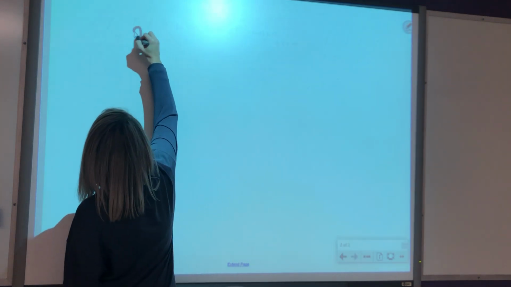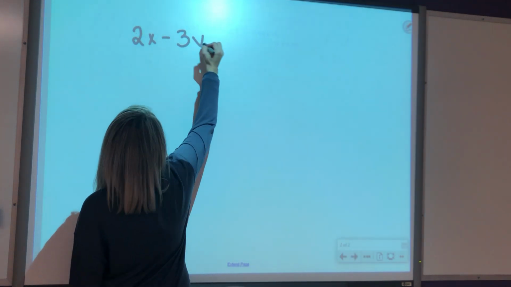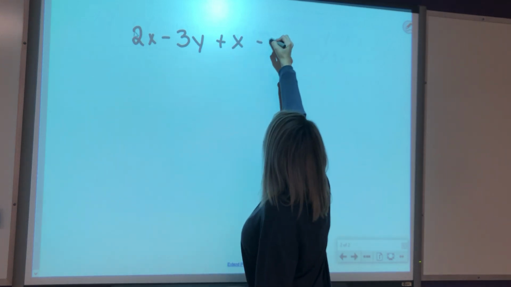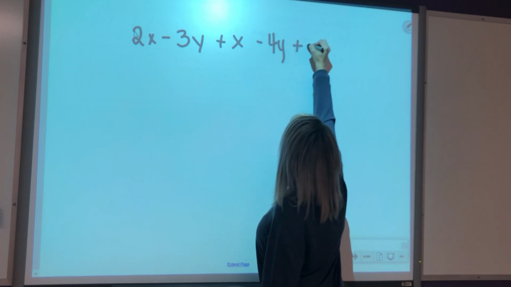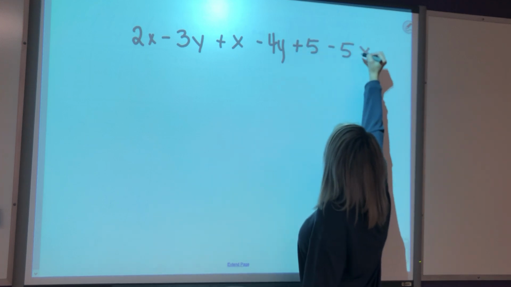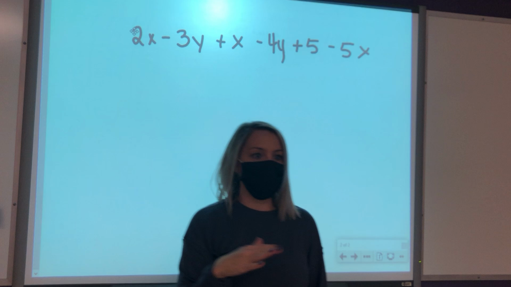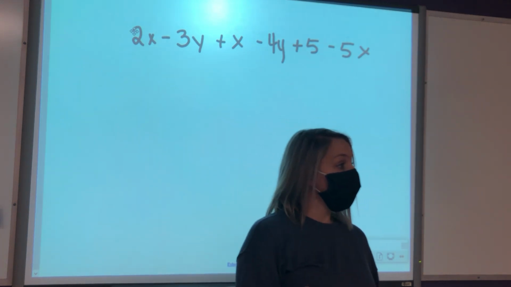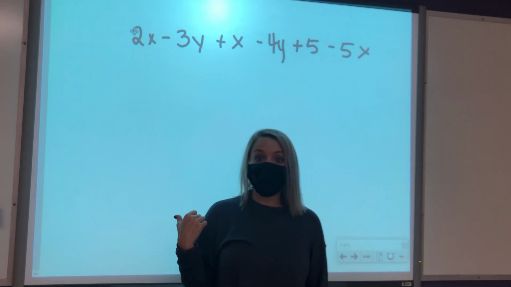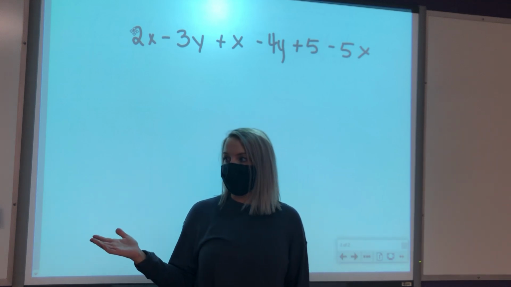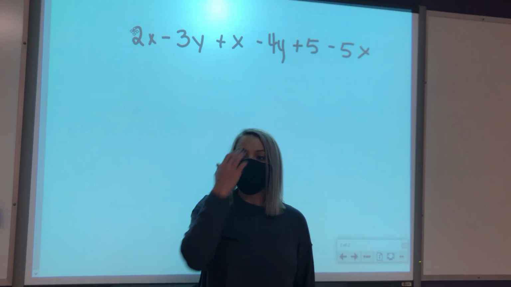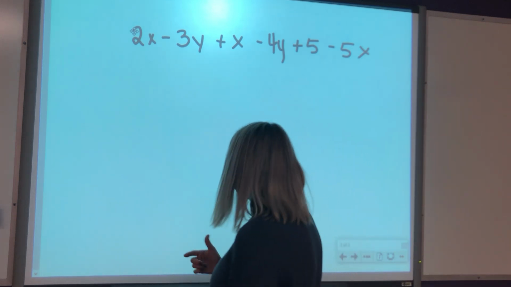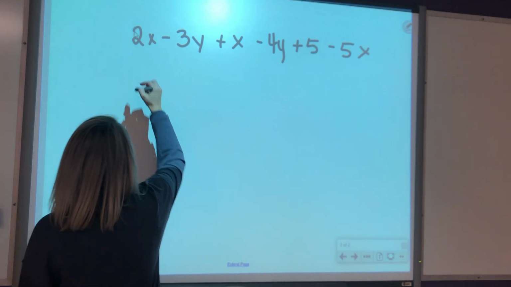2x minus 3y plus x minus 3y plus 5 minus 5x. I don't use any of the methods that I taught you today. When I was a kid, I used the shape method, because that's the only way that my teacher taught me to do it. But then I realized pretty quickly that if I just arranged my terms,